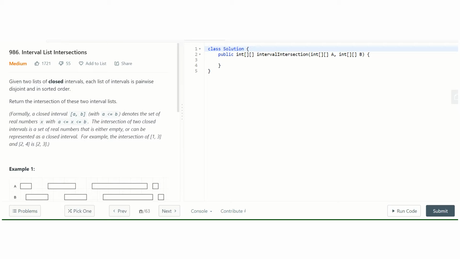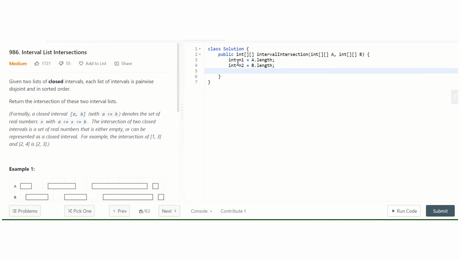That needs to be in our answer. As the input is already sorted, we don't need to sort here. So we just simply do it like this: first we calculate the sizes, n1 equal to a dot length and int n2 equal to b dot length.